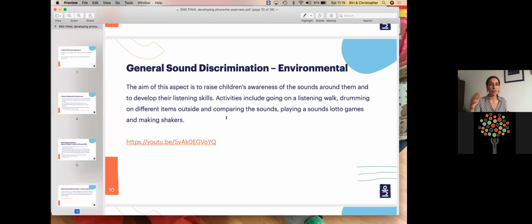Right, so some nice ideas there. Probably things that you already do in your setting, taking the children on a listening walk. Maybe you drum on different items outside, on different surfaces, comparing the sounds, playing lotto games with sounds, making shakers with different types of sounds. You know, what does rice sound like compared to sand, compared to cotton, for example. So the next one is